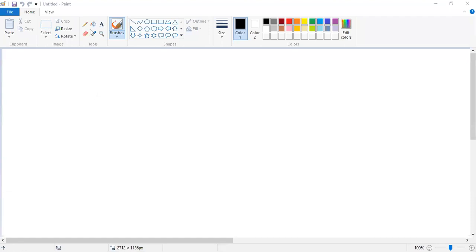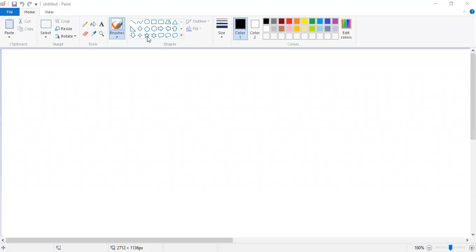Yesterday, I gave a review of these tools, like what these tools are and what they do. These are the tools that help us in our drawing. Pencil tool is used to draw freehand. Eraser tool is used to erase something. Text tool is used to type the text in MS Paint. Fill with color tool is used to fill the color. Magnifier tool is used to zoom in the drawing.